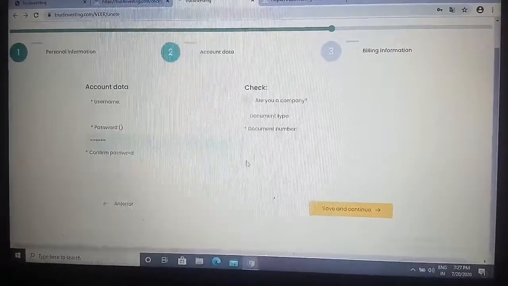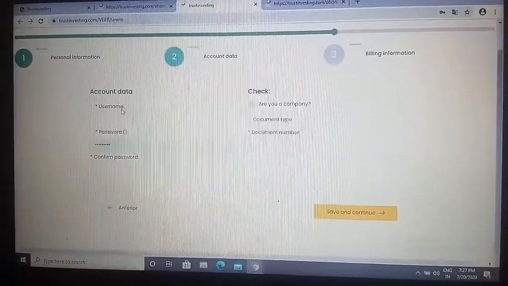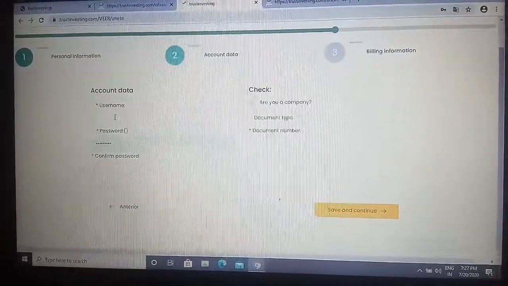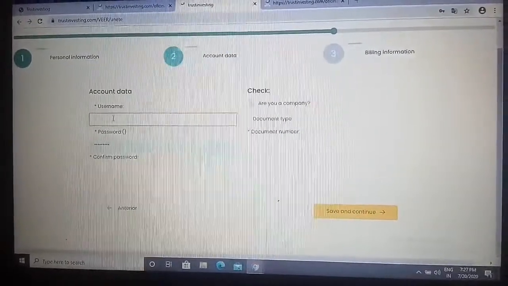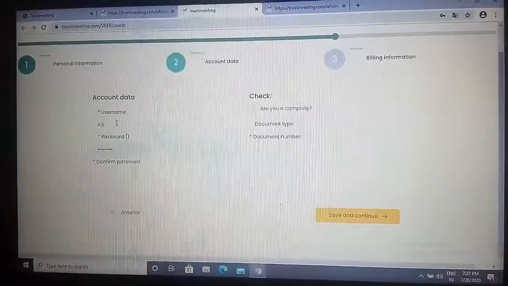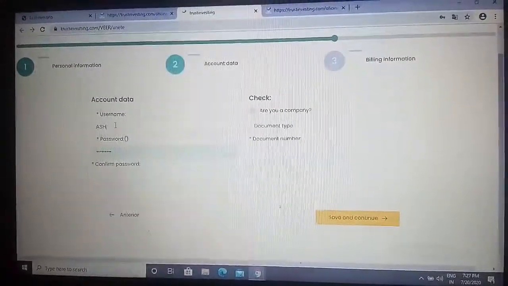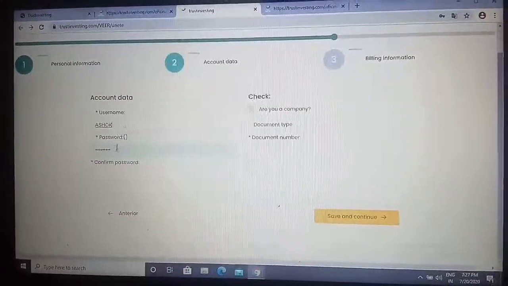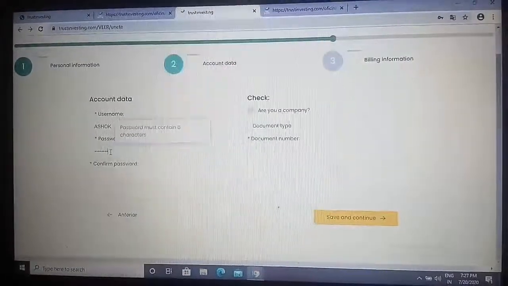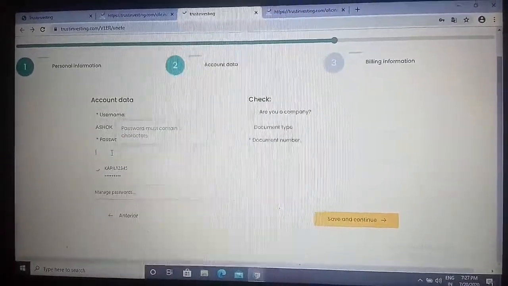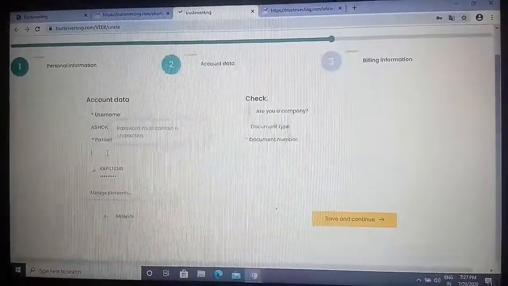Then here comes the username. Username you just give on your own. So I have chosen Ashok. Here you can give the password of your choice. So I am giving a password.